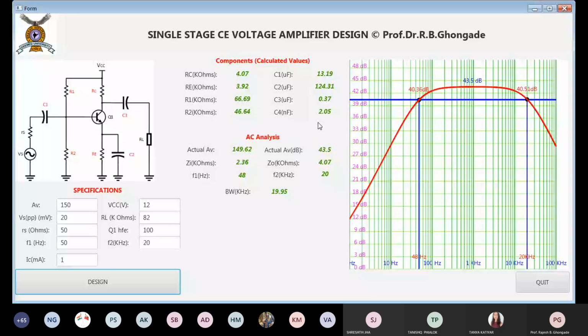But who does that? This is demo software, you will not find it anywhere else. This is unique to our department, our college itself, because this is designed by me, and still students are not able to make use of such things. Won't it be helpful to visualize your concept of how the Q point is placed and all those things? So what is the point in me giving you the software like this?